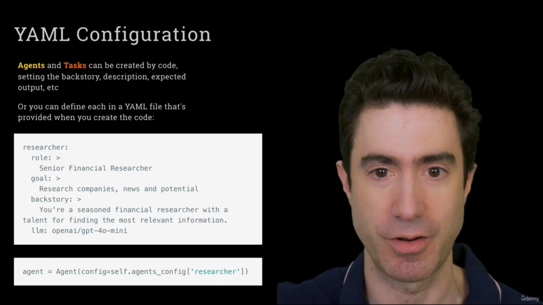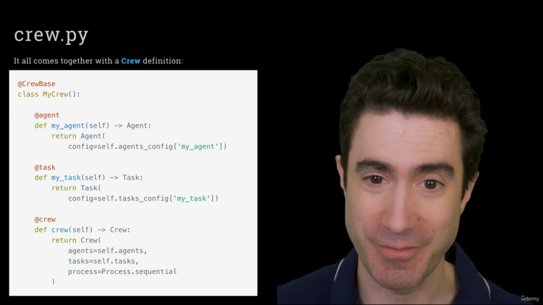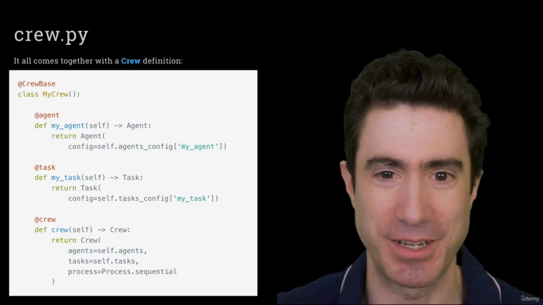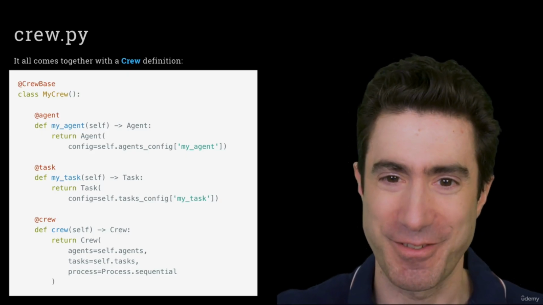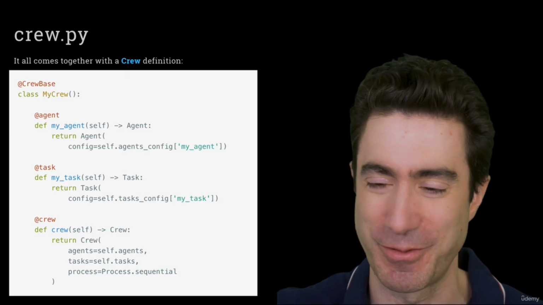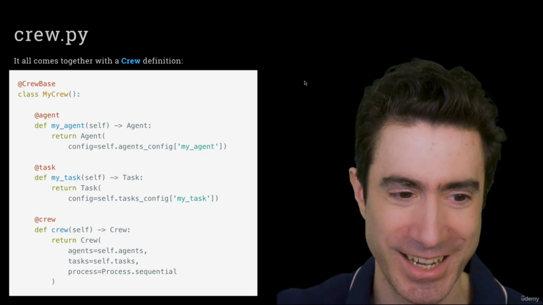allowing us to work on our prompts separately from our code. And then in addition to the YAML files, there are a couple of Python files, and the most important one is called crew.py, and it's where everything comes together. It defines your crew, and it's going to look a bit like this, and we're going to, of course, go and look at a proper example in a second, but it has some decorators over it, and you've got a bit of experience with decorators from last week,